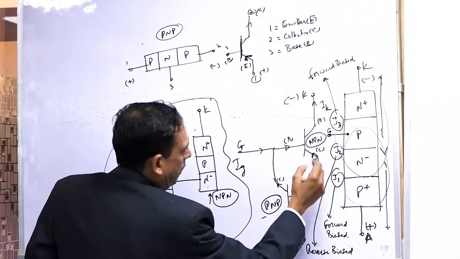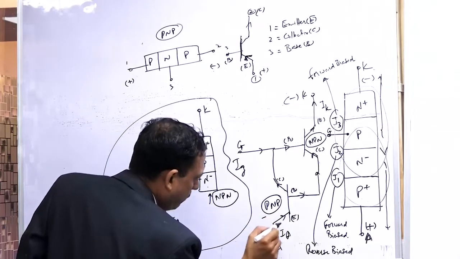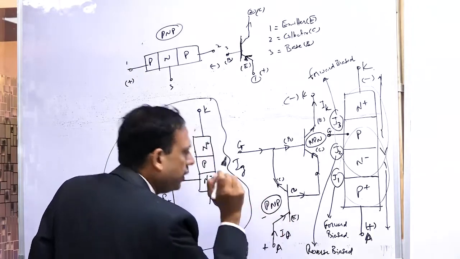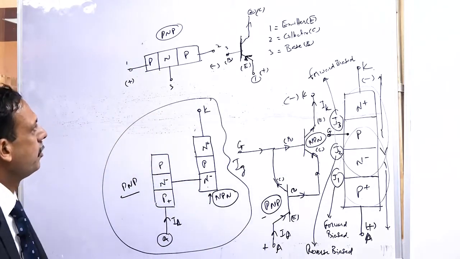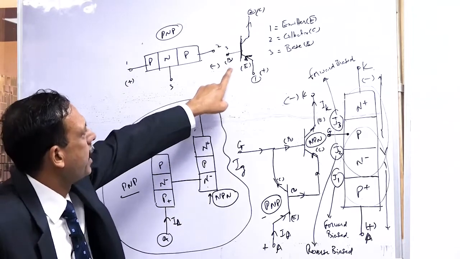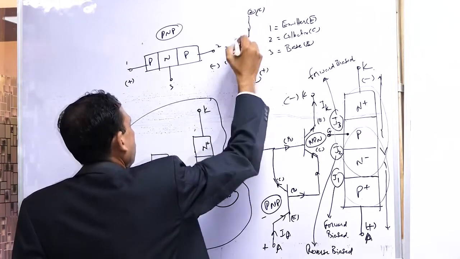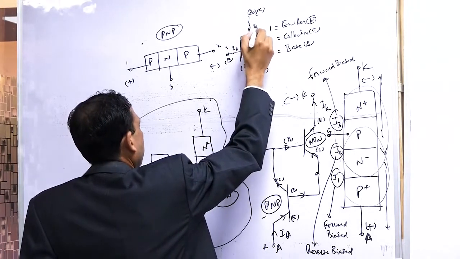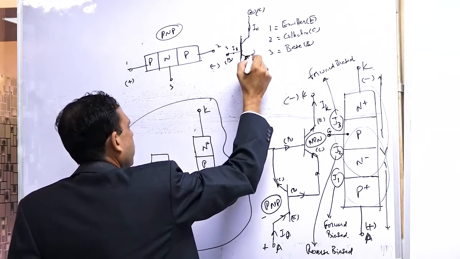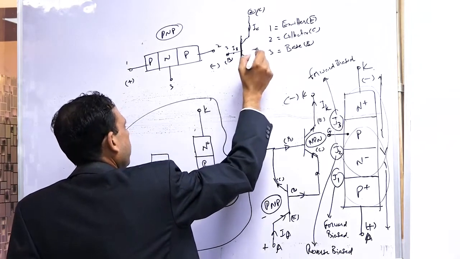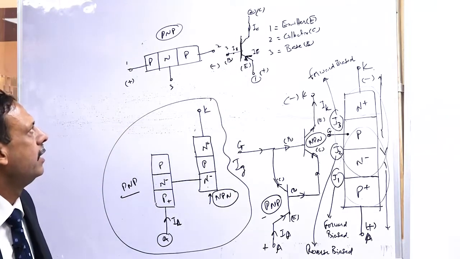In this case, you see, this is called emitter because it is coming out. In this case, the emitter current is going inside. PNP, because the current is going inside, this is called the PNP, and if the current is coming out, then it is called emitter. Okay. So if the current is going here, what should be the direction of currents in this and this? Let us say the current flowing in this is IC and this is IB, the base current. This is the emitter current, IE, going inside. What is the direction of the base current and the collector current?